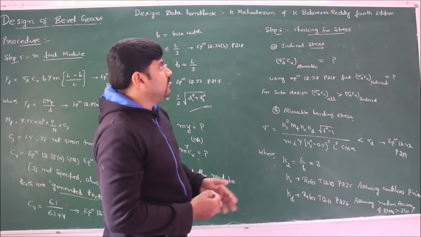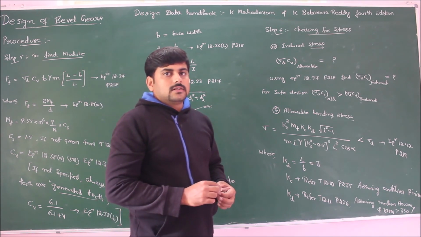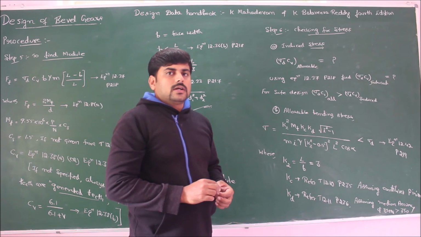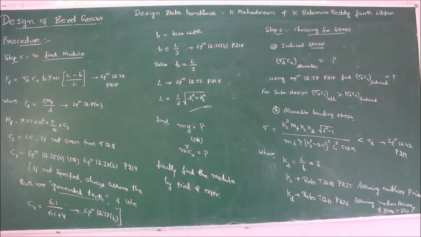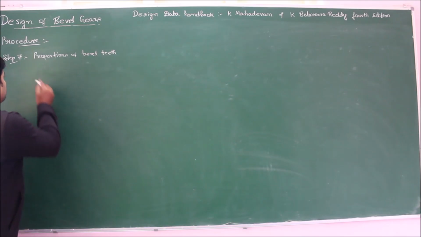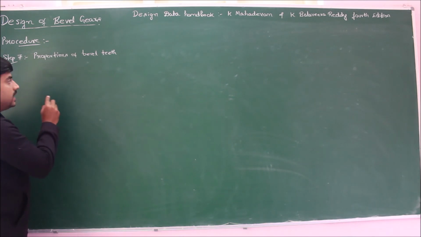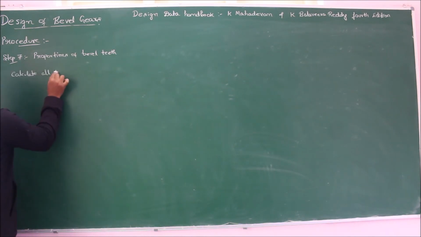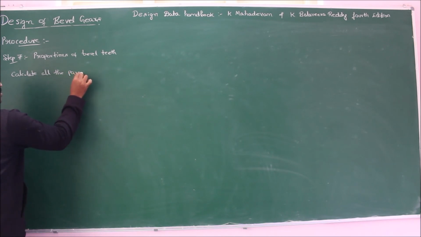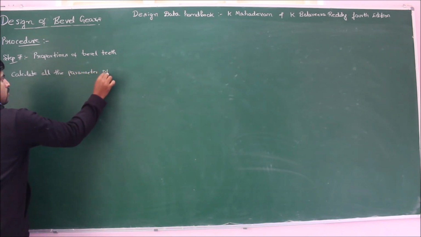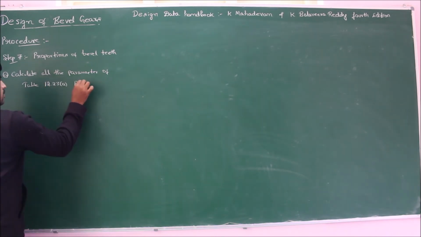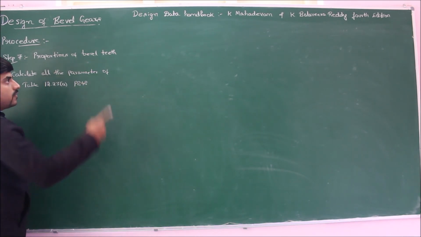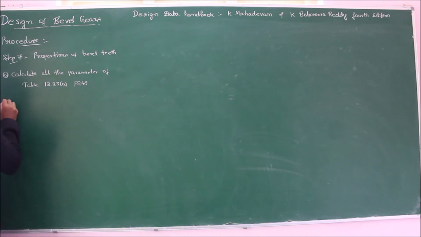So once you verify for the stress, the next step is to find the tooth proportions, that is, moving on to step 7, that is proportions of bevel teeth. Calculate all the parameters of table 12.23a, page number 242 of our design data handbook, and also